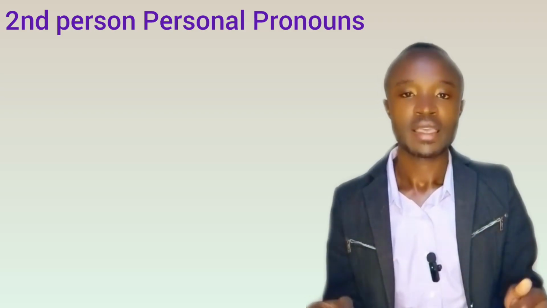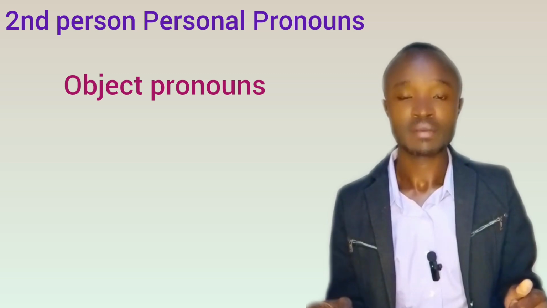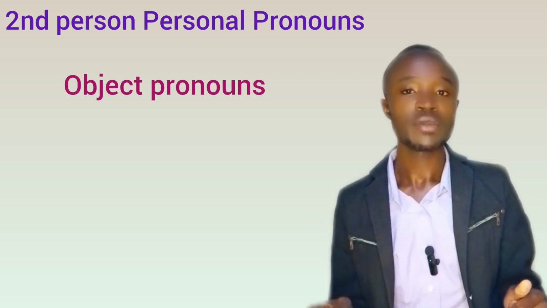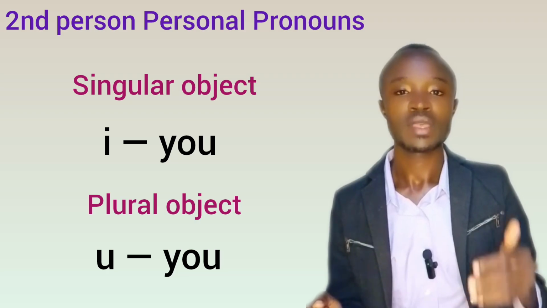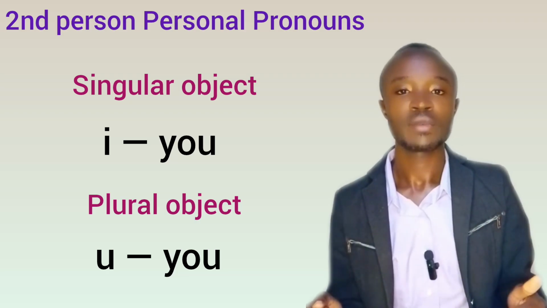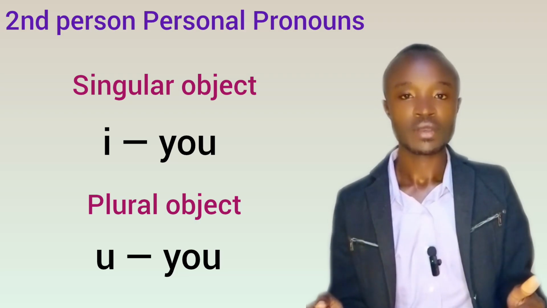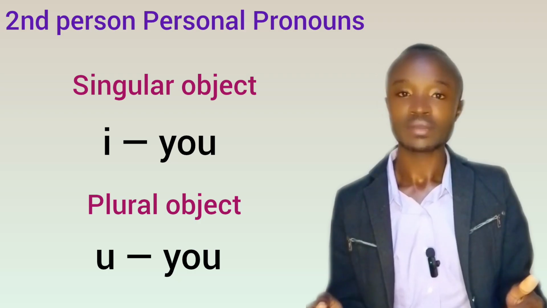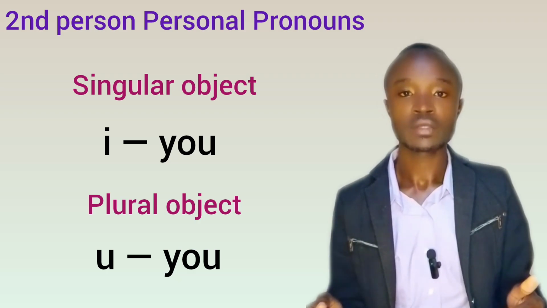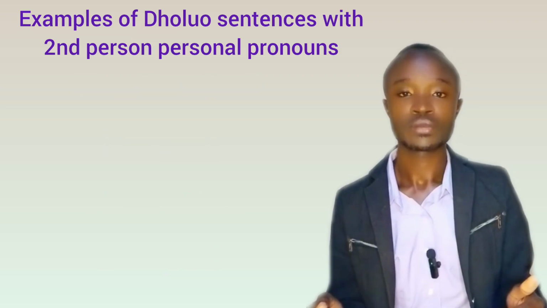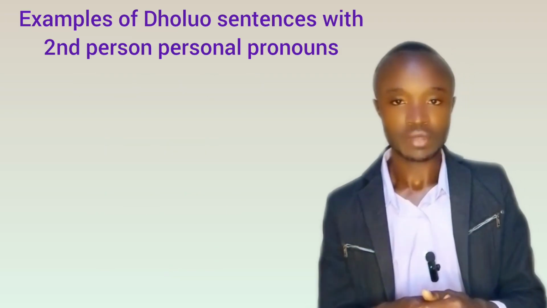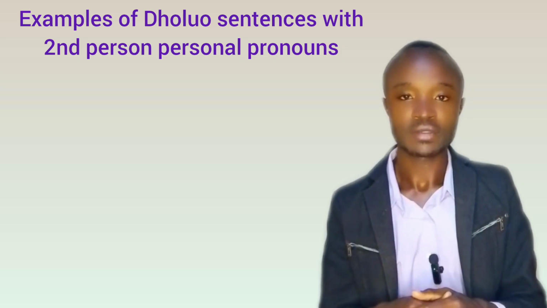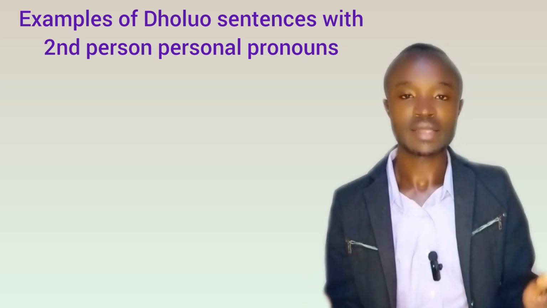What about the object second person personal pronouns? Here we have I in the singular form and U in the plural form. I, U, I, U. So let's have some examples here in this category of personal pronouns, that is the second person